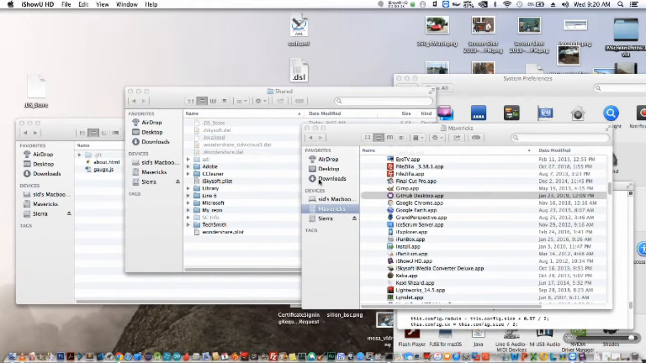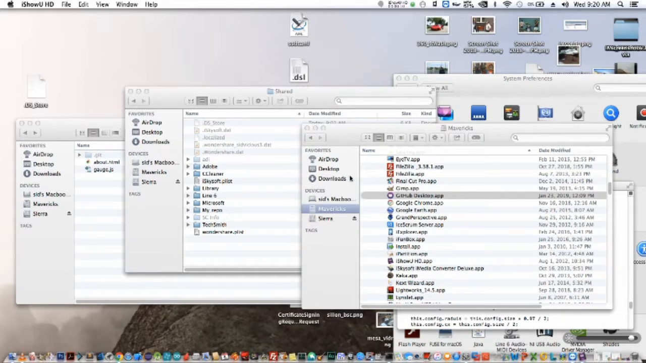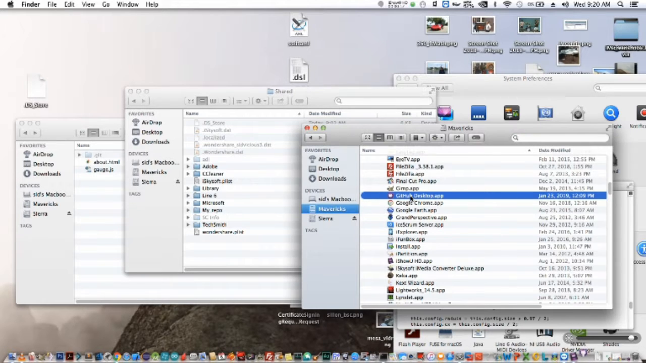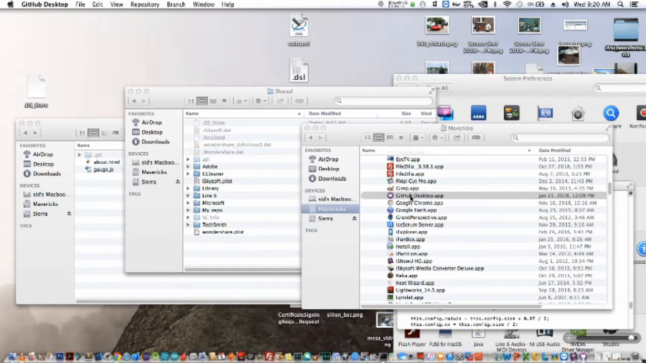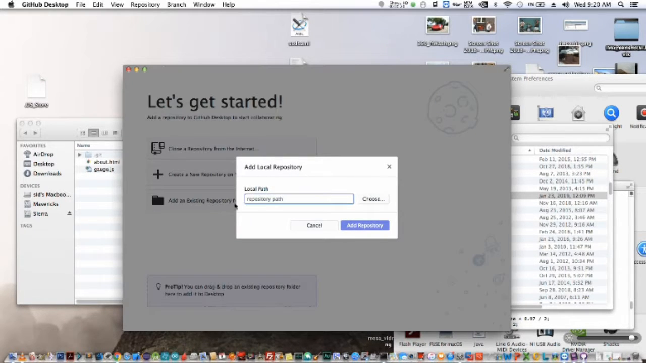Okay, I'm going to show you the GitHub. Let me start by showing you a pre-cooked repository that I made. So you open the tool, there you go. We're just going to use a local file, so we want to add an existing local repository. You choose it,